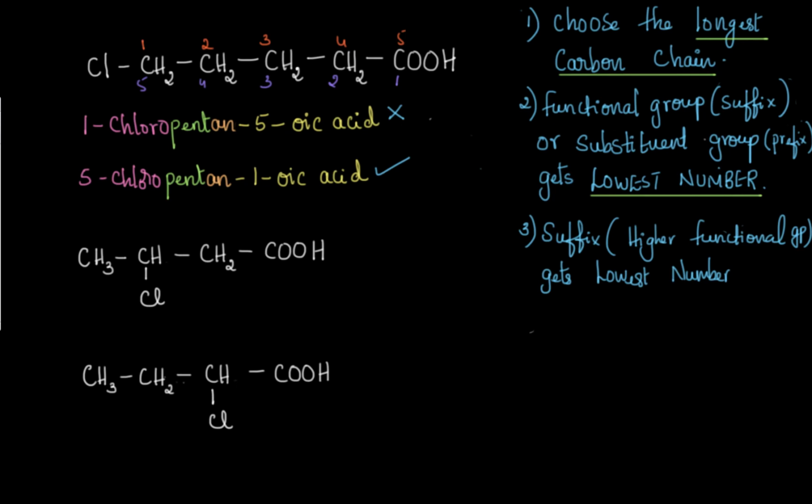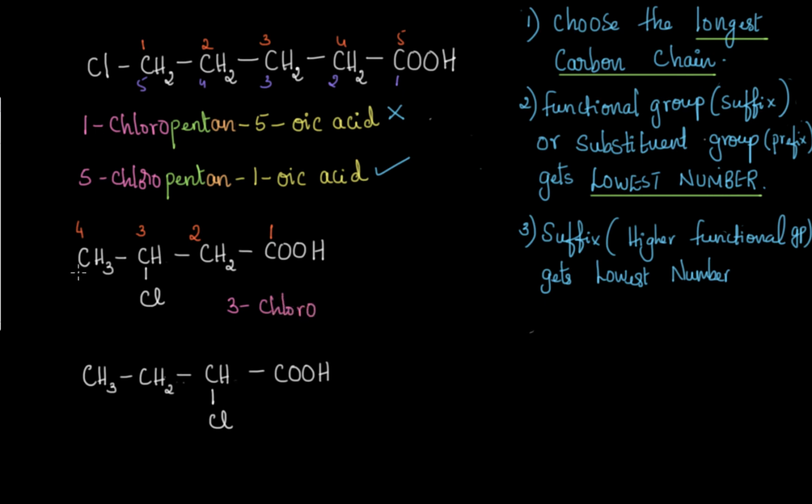So lowest number being 1, we can start numbering from here itself. So this becomes 1, 2, 3, and 4. So since we know now that this should have the lowest number, the other way around doesn't make any sense, so we'll not do it. Okay, so how do we name this now? So since chlorine is present in the third position, this becomes